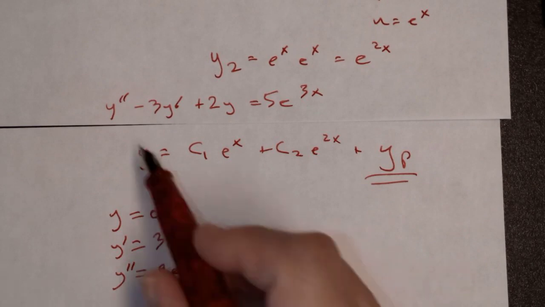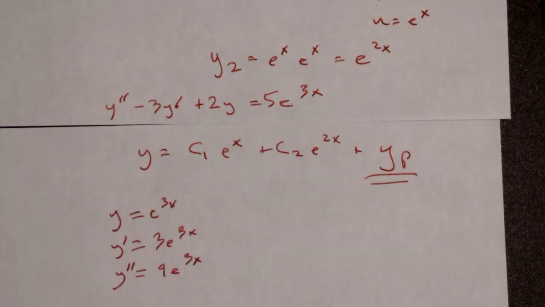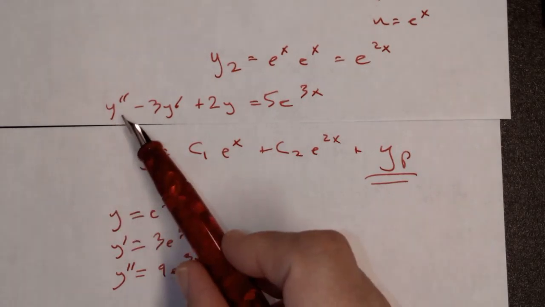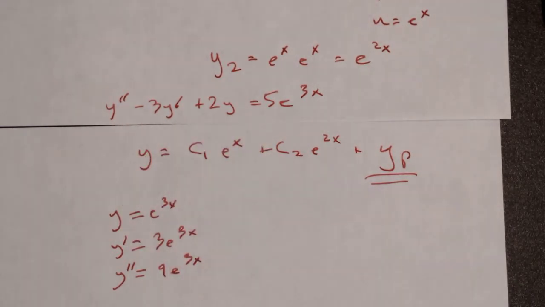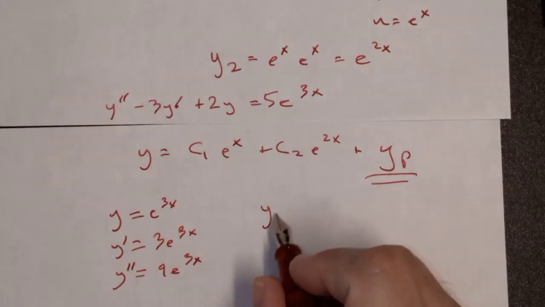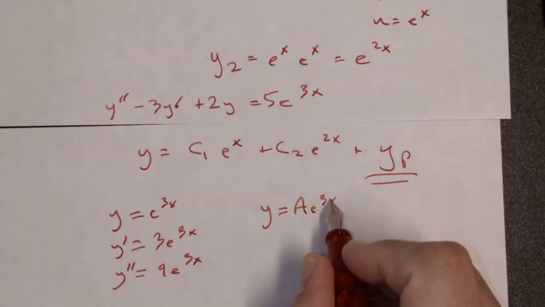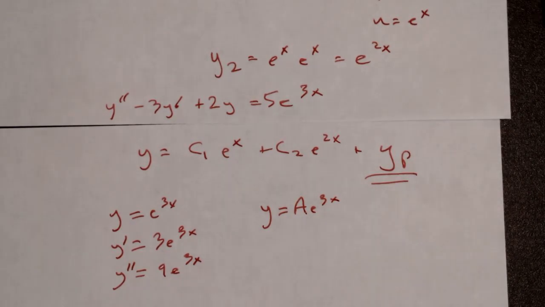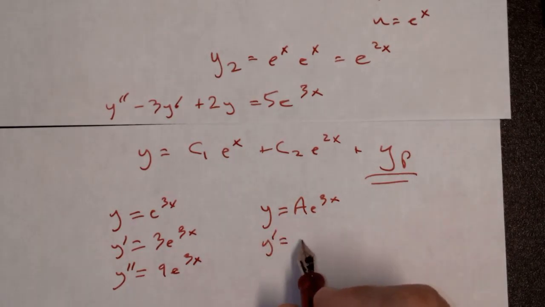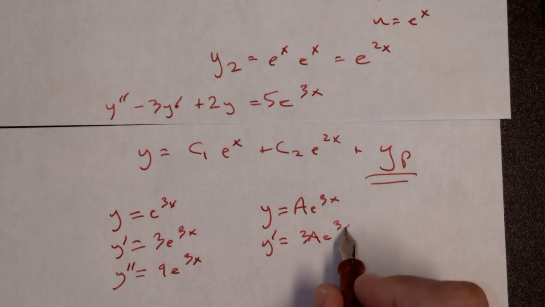If I plug that in here, it doesn't quite work, does it? I get 9 of them minus 9 of them plus 2 of them. That's not 5 of them. But maybe if I added some sort of a constant here, right? Multiplied it on. What if I did a e to the 3x, right? Then I'd have 3a e to the 3x,